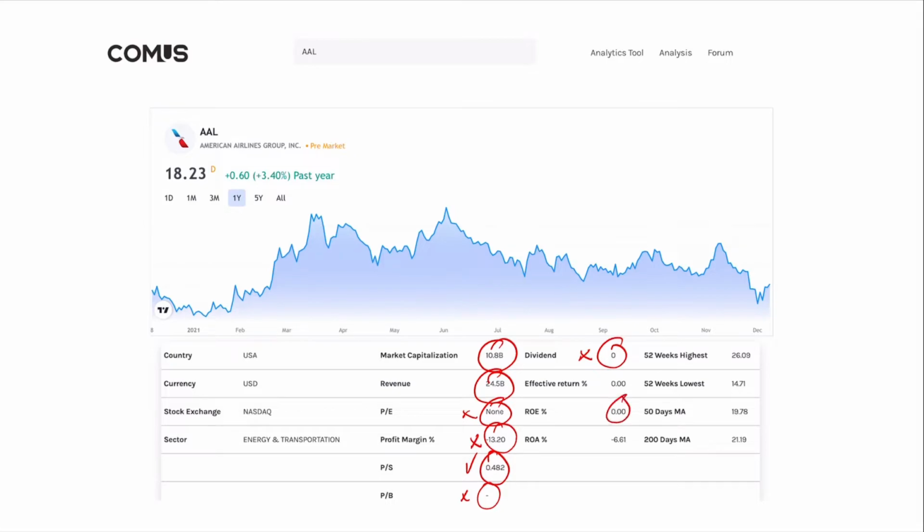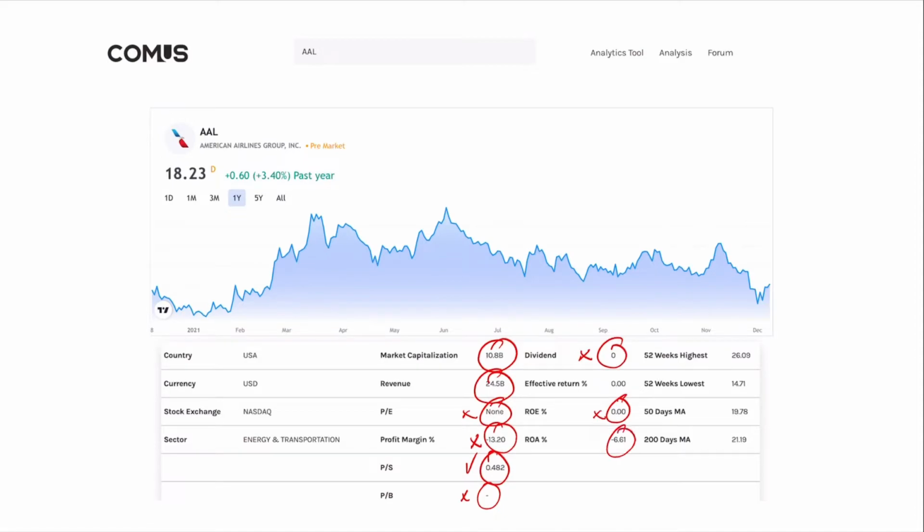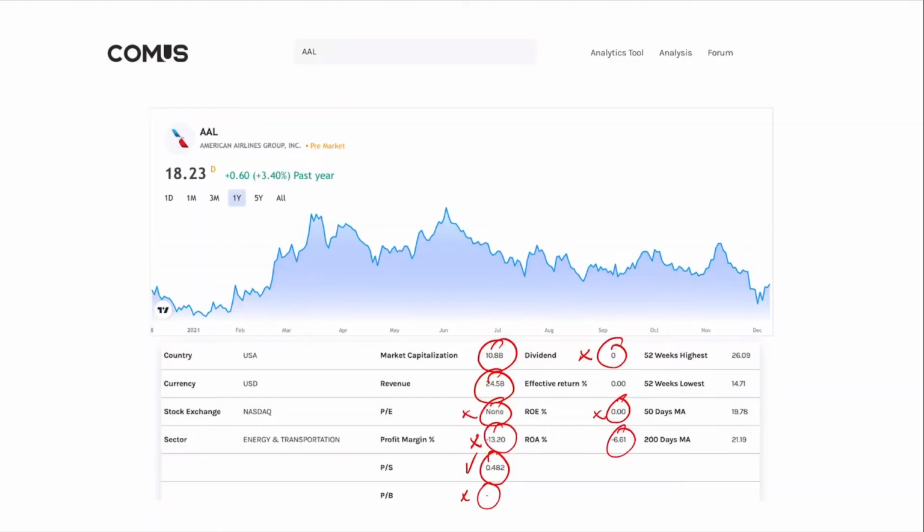Now, return on equity, we don't have any data on that, but normally return on equity tells you about a company's ability to create a return on the capital, on the equity, and as for investor, it's critical that you have a company that is able to create a return on the capital that you invest in them. Now, we have a return on assets on 6.6%. That is a no for me.